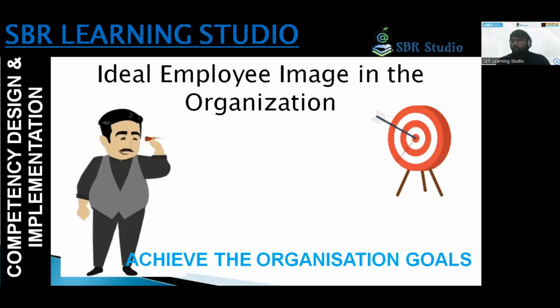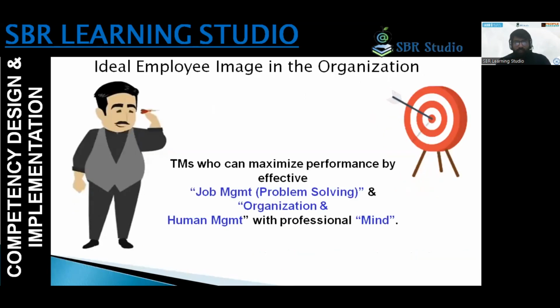When you are aligning the individual to your objective, you require, number one, the organizational goal. And in that, the ideal image will help you achieve the organizational goal at a higher level, beyond what is expected from an individual by the organization. It is beyond that when you implement this ideal image in your organization. So what is the base of this ideal image that you have to focus on?